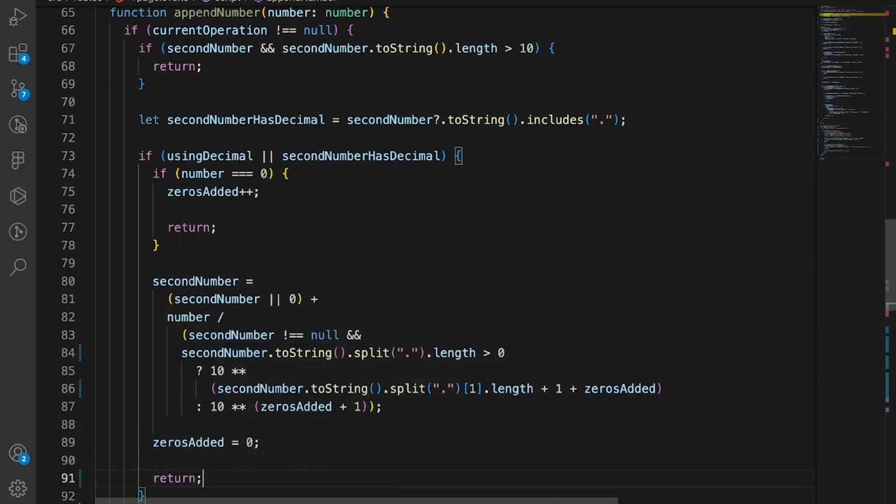Second number is not null, so if it's a number, and if the length of the